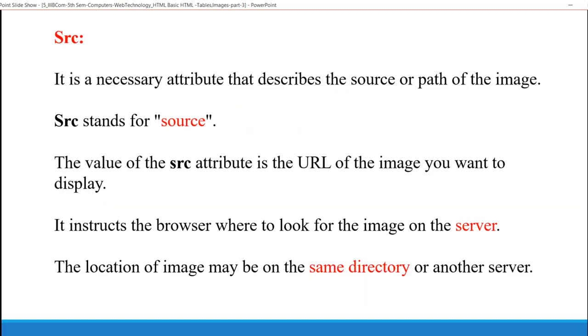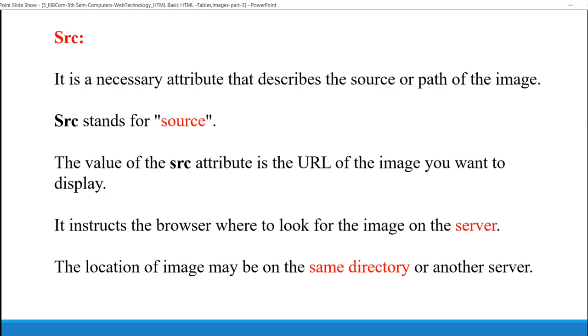Attributes that are used in image tag are source and alternate. What is a source? Source describes the path or source of an image, where we are taking the image, from where we are getting that image. That path should be specified with an attribute, that is SRC. SRC stands for source. It describes the source or path of an image.